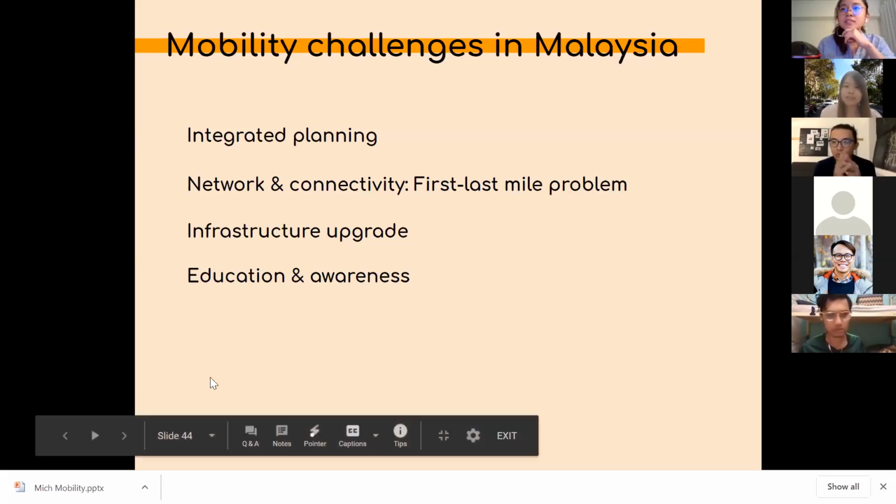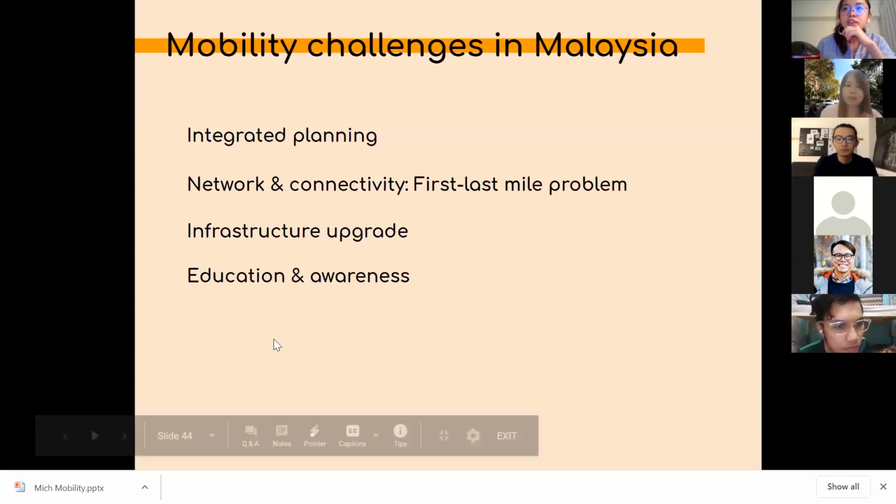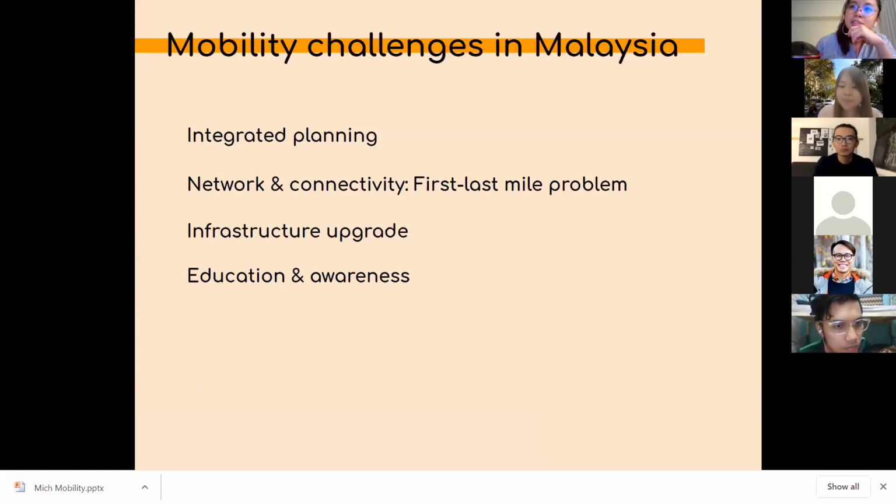And the second thing is more of a physical problem, the most pressing one. Mitch, do you mind explaining a bit about the two government agencies you mentioned just now? Because some of us might not know. JKR is, I forgot the full name of it, the Transport Authority in Malaysia. And the other one is the Planning Authority, JPBD.